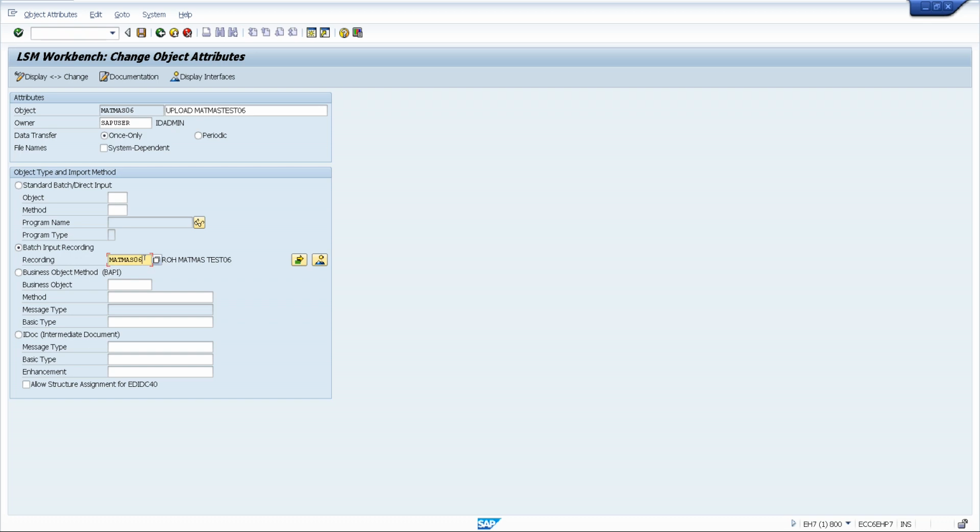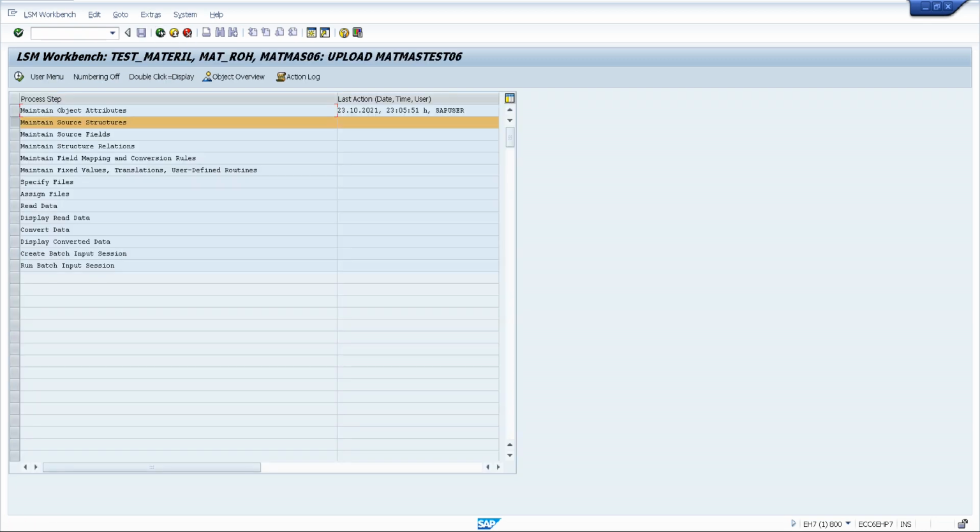Automatically the latest record we did will come here. If multiple records are available, you select the one you recorded recently. You give the input of the latest record name. So now save the data. Okay, now we go back. So now automatically that option will go to the second screen. Second option, maintain source structures.